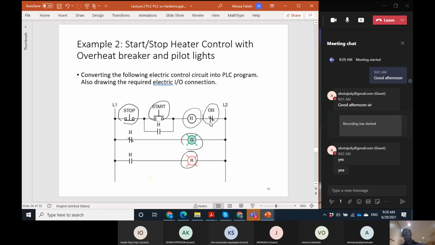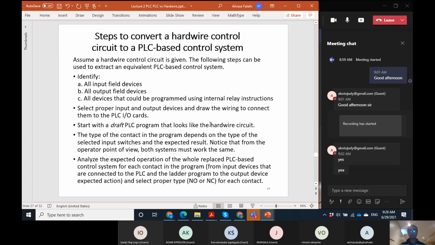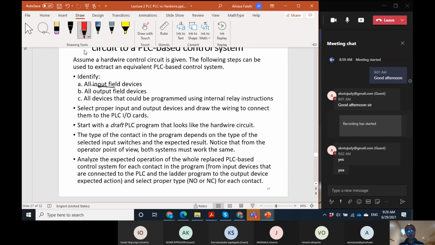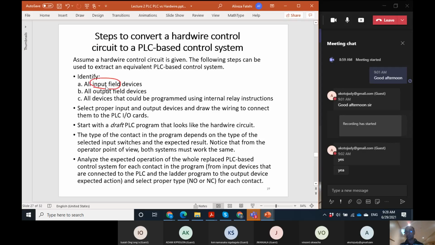It must be connected to the input because it sends the temperature information to the logic, to the control system, regarding whether there is overheat or not. So the overheat sensor or temperature switch must also be connected to the input device. It is very important to recognize which devices are input devices, and those are generally the sensors and the switches that